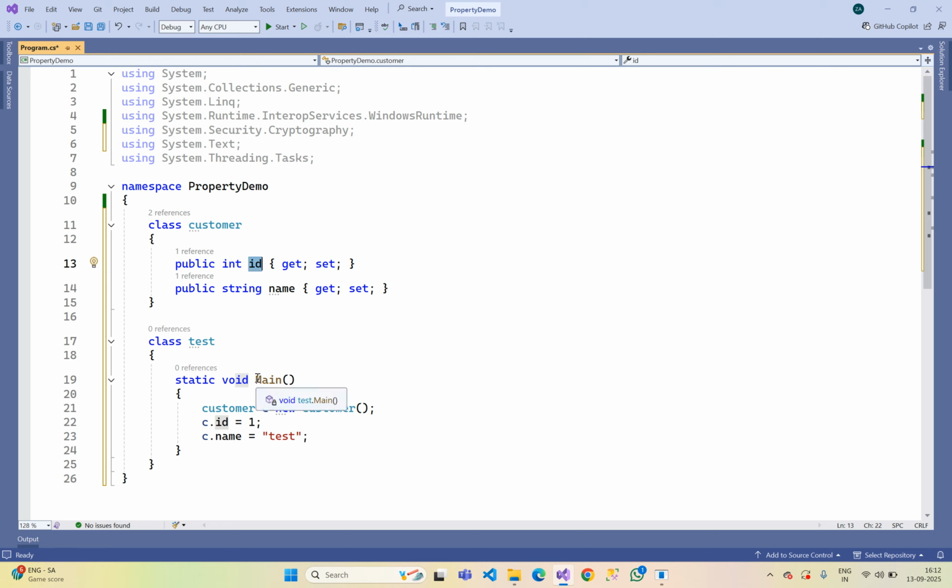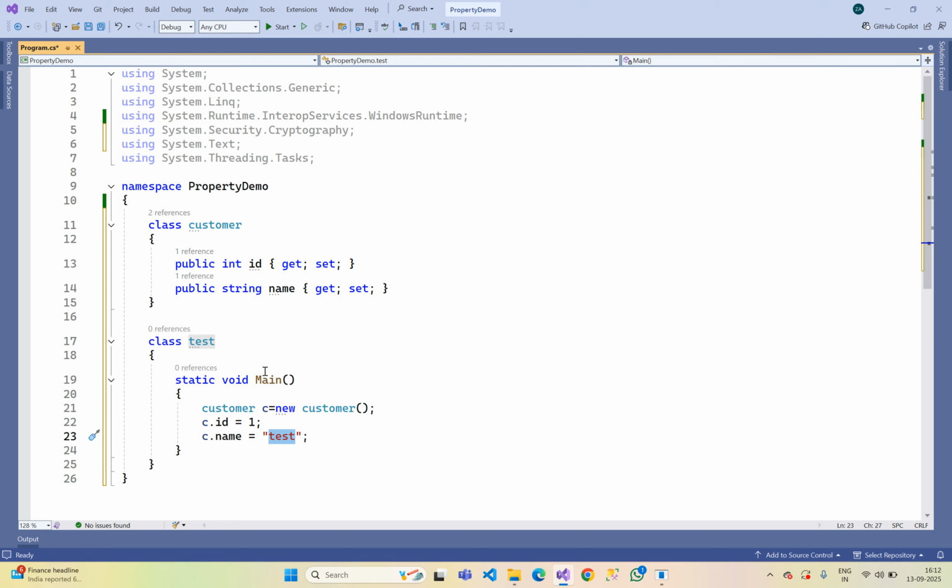Like this, c dot name is the property, and in this property name we are assigning test. By using this property name we can set the value, and using this property name we can get the value. But where is this test stored internally? There is some variable like underscore name